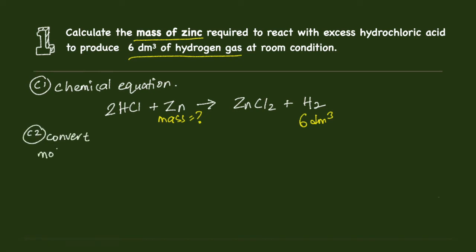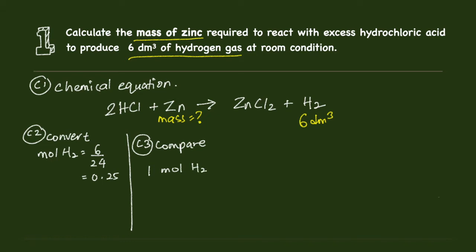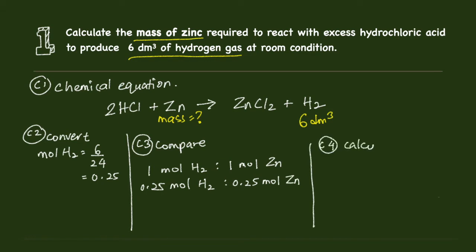C2 convert. Mole H2 equal to 6 over 24 equal to 0.25 mole. C3 is compare. 1 mole of hydrogen gas ratio to 1 mole of zinc. 0.25 mole of hydrogen gas ratio to 0.25 mole of zinc. C4 is calculate. Mass of zinc is 0.25 times molar mass of zinc 65 equal to